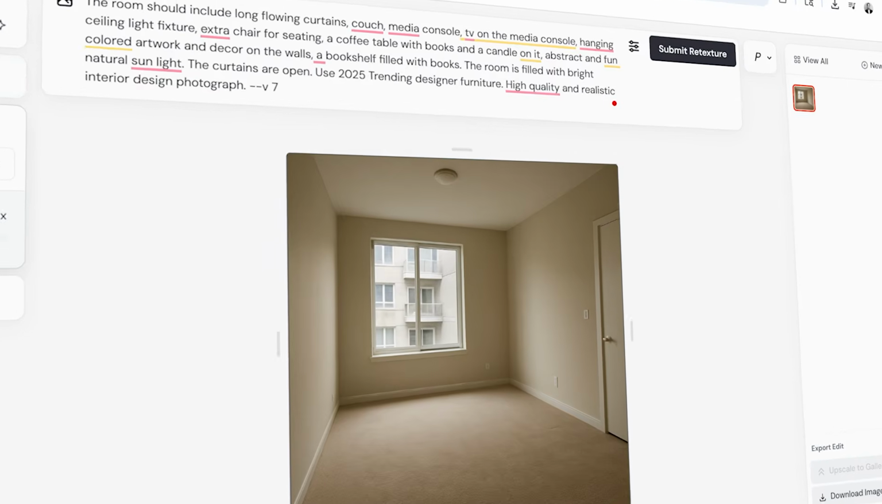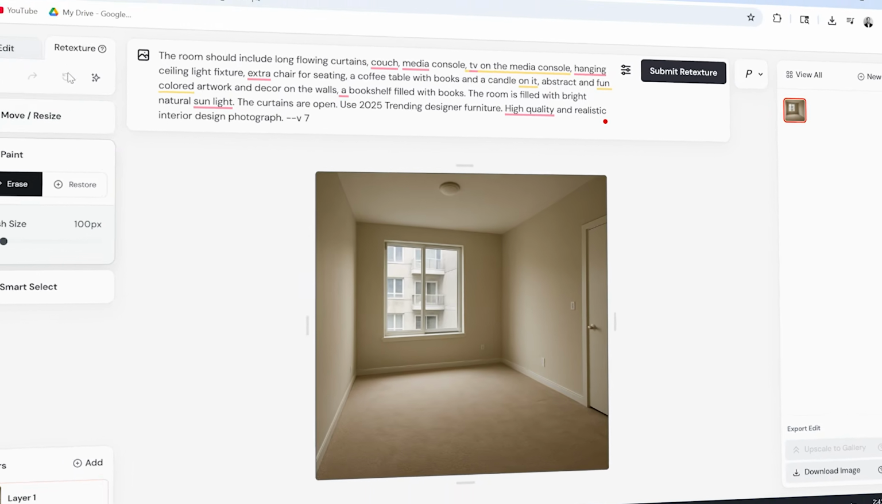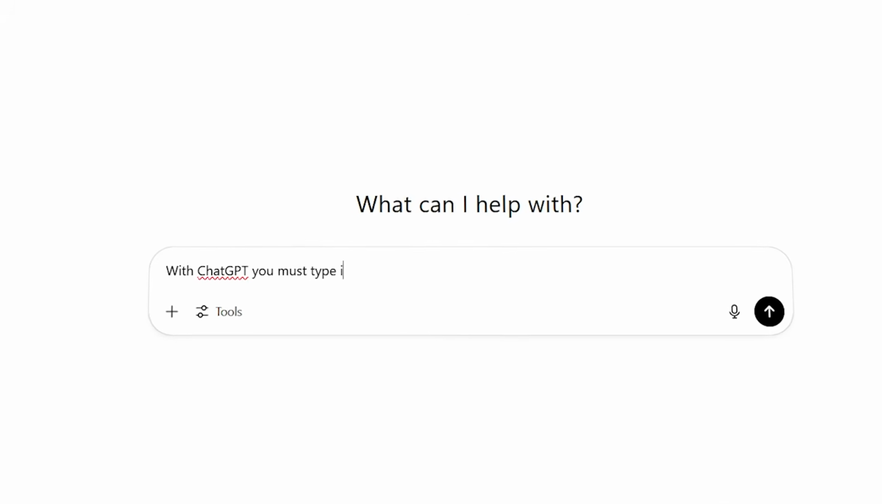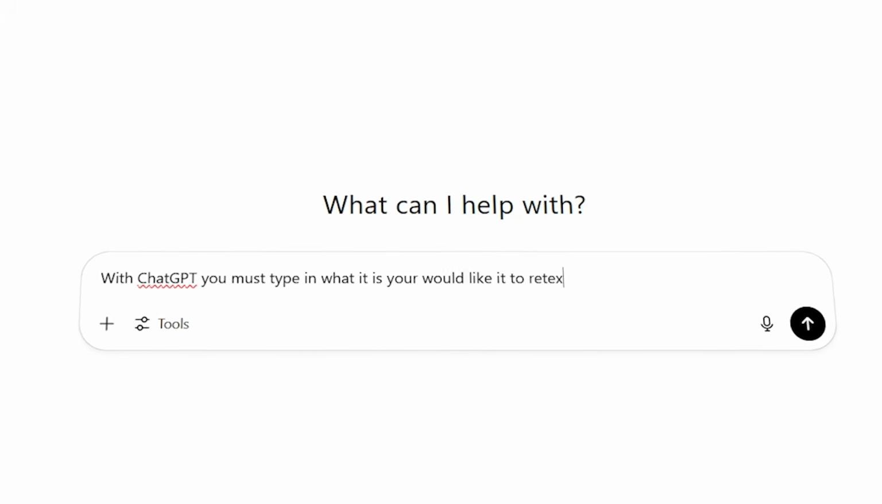Category 3, Image Retexturizing. Midjourney has a built-in image retexturizing tool, whereas with ChatGPT, you must type out what you want to retexturize. Let's start with ChatGPT. For the image retexturizing category, I'm going to give an image of an apartment room that's completely empty and ask it to use its interior design knowledge and fill it out with furniture and decorations that